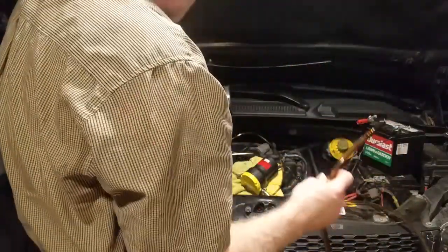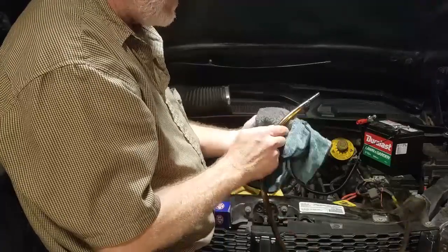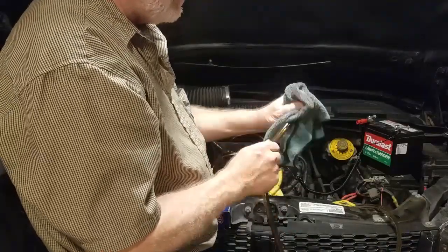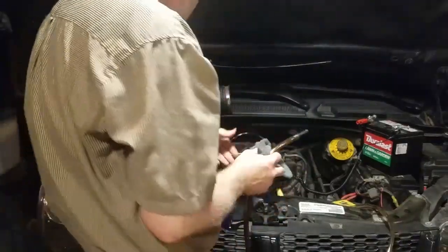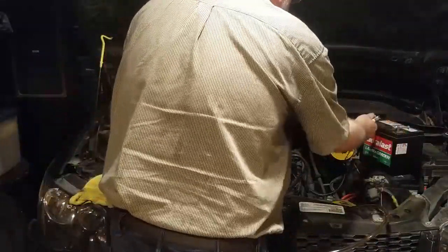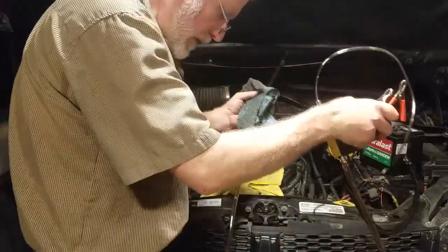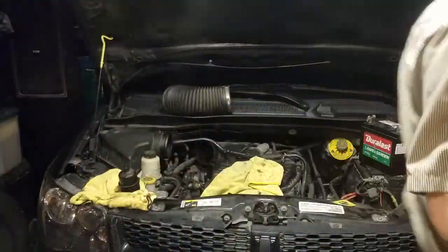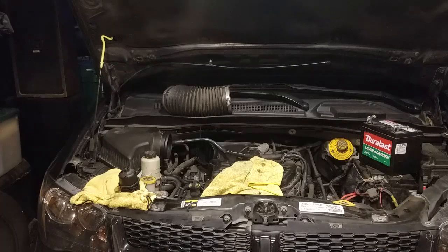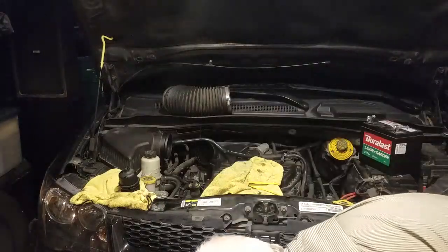Alright. Do is clean this a little bit. Got some residue around there. I definitely have to clean the other bit. Hose. There goes my new filter. Okay, hold on. Okay. I did set that to the side. Got the old filter out. Now,